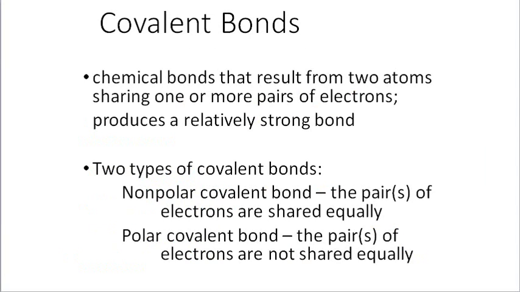A second type of chemical bond is the covalent bond. Covalent bonds result from atoms sharing one or more pairs of electrons. If the pair of electrons is shared equally, a nonpolar covalent bond results. Polar covalent bonds involve electrons that are not shared equally. You might think of the shared electrons as being closer to one atom or spending more time with one atom